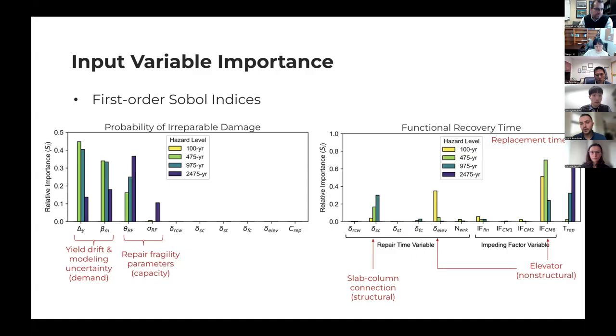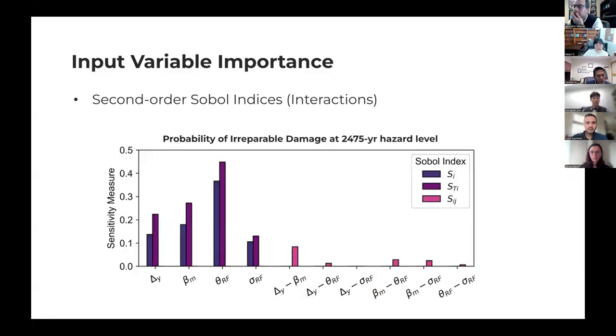As we go to higher hazard levels, damage to more structural components matters, and finally the replacement time, which is related to the high probability of irreparable damage in buildings, can govern the variance in the functional recovery estimate. And on top of that, by quantifying first order Sobol indices,